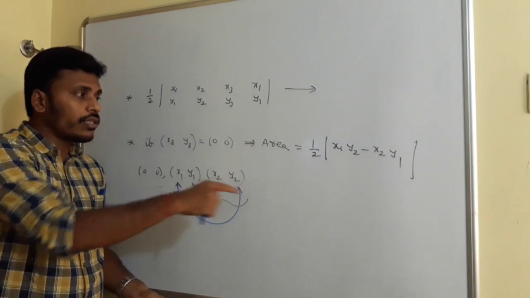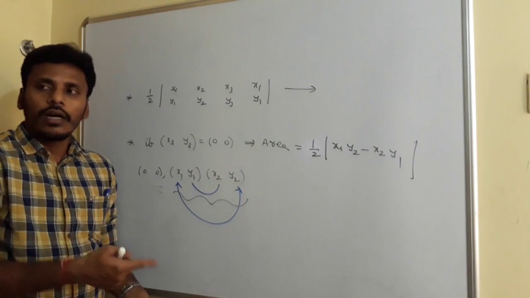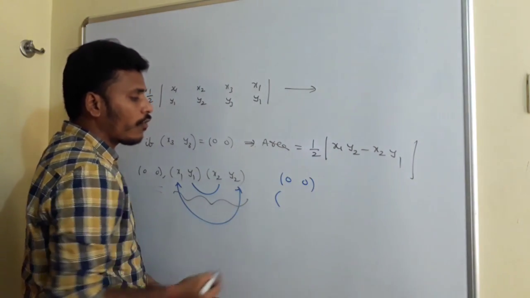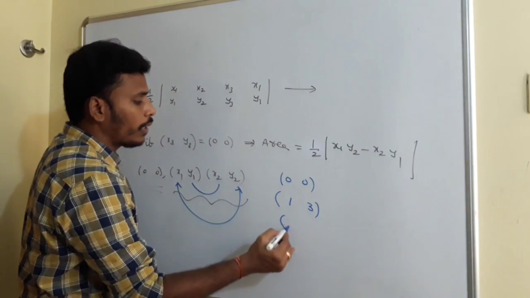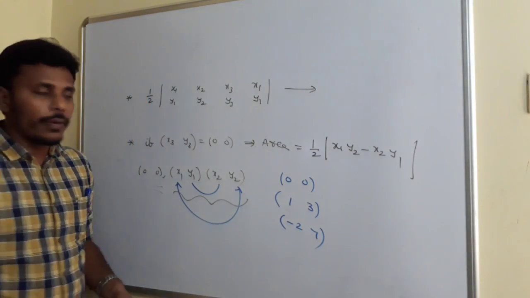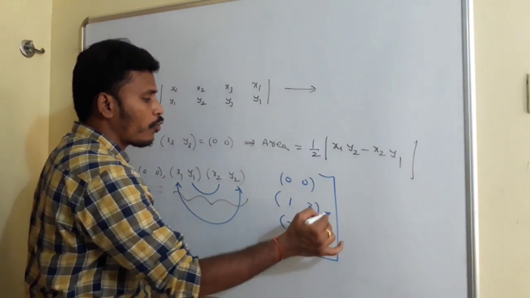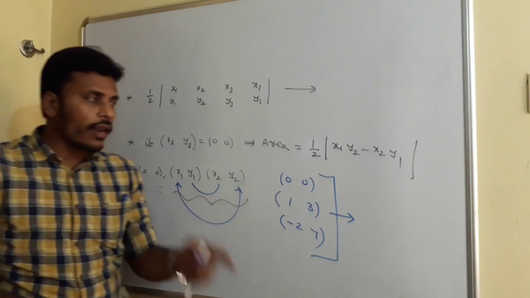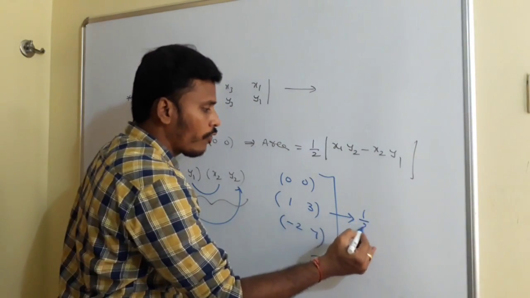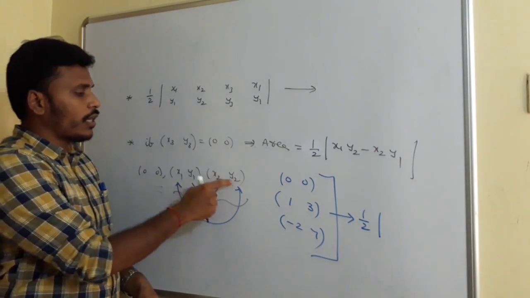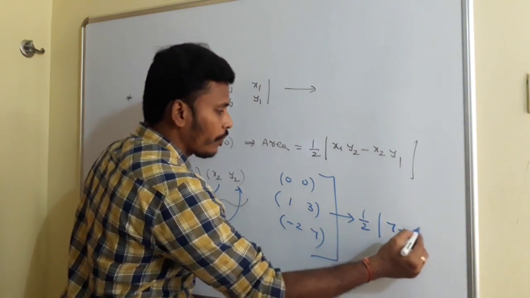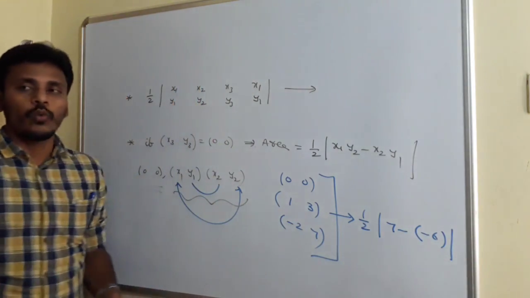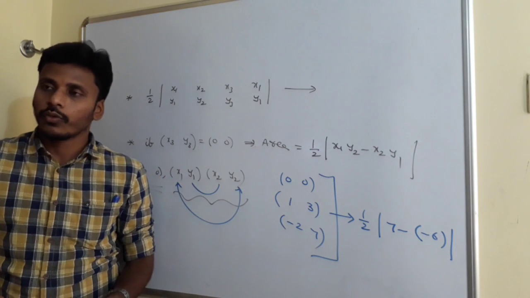Right? If you are aware of this technique, it is easy for you to solve different types of problems again and again. For example, what is the area of the triangle formed by the points 0 comma 0, 1 comma 3, minus 2 comma 7? If anybody asks you to find the area of the triangle formed by these 3 points, now there is no need to utilize the long logic. You can utilize this logic directly. So half modulus of, see, the first coordinate and the last coordinate: 1 into 7 is 7, minus of 3 into minus 2 is minus 6. On simplification you will get this area as 13 by 2 square units.